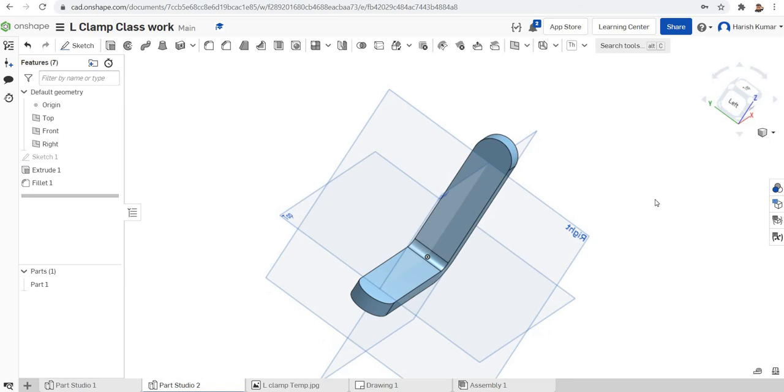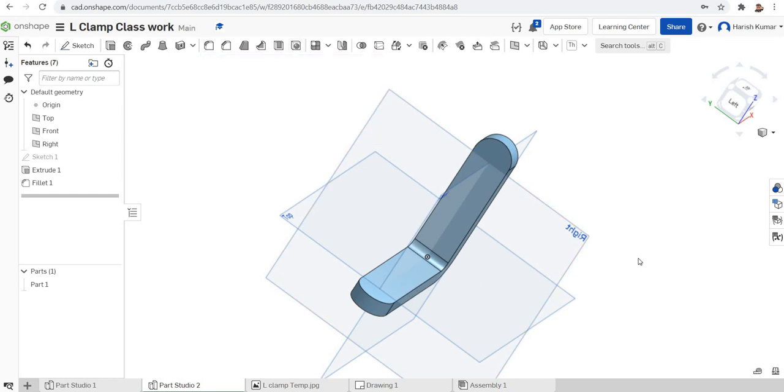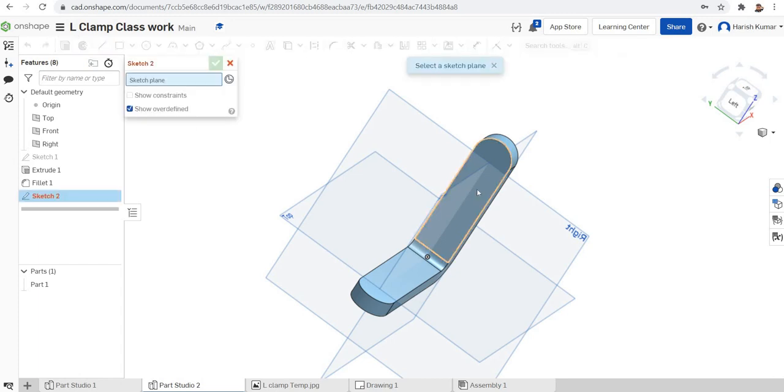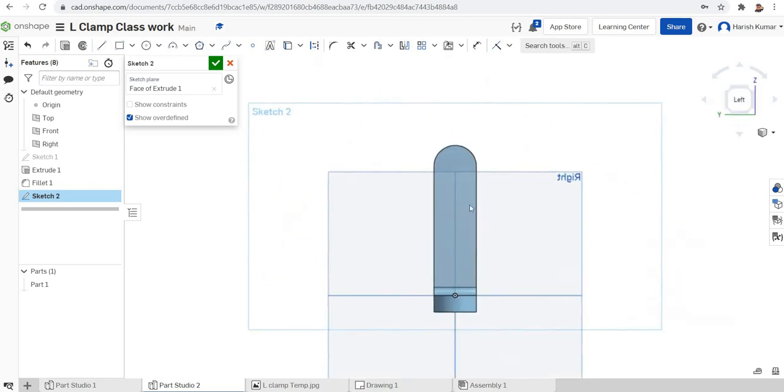To make the holes, we want to make 2 points here. The procedure I am following is, first we make 2 points, and at those points we can make holes by using the hole feature. That is the simplest way to make holes. For that, I will select this plane for sketch first. I click there, right click and make view normal. So it is now normal to me. Now I'll just make a point here.